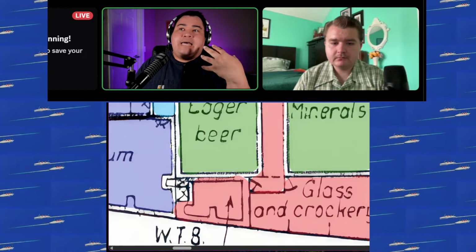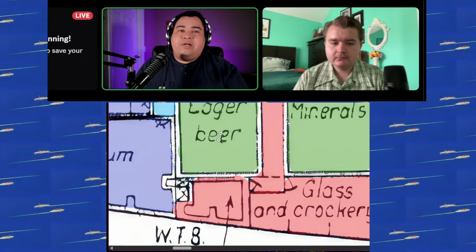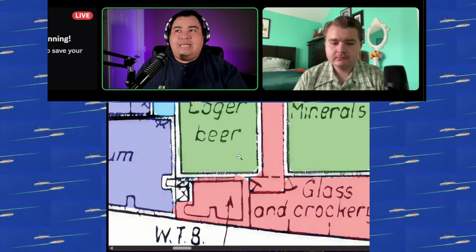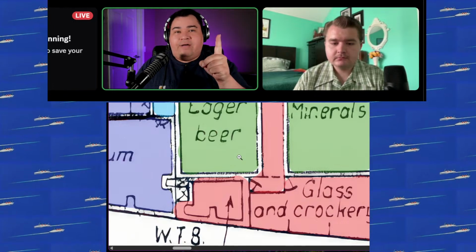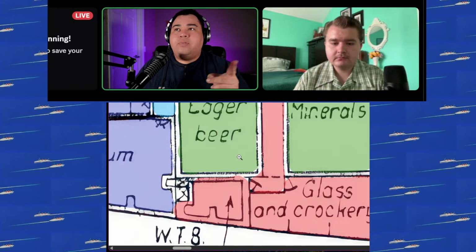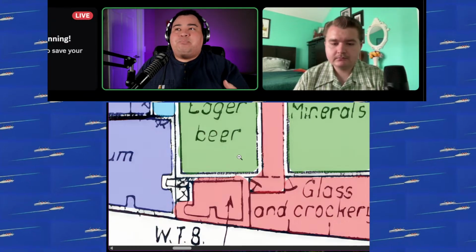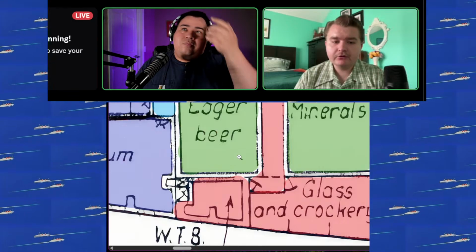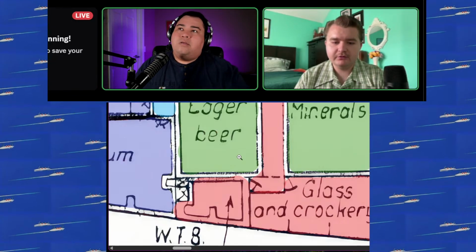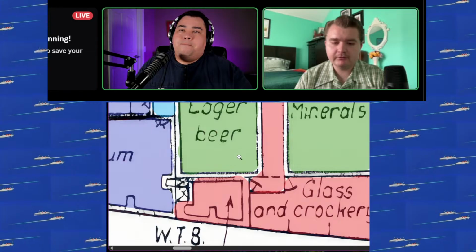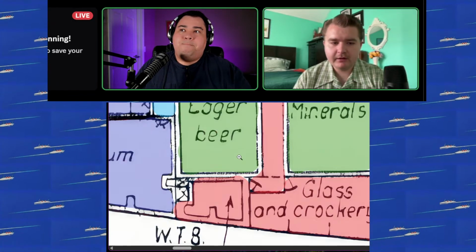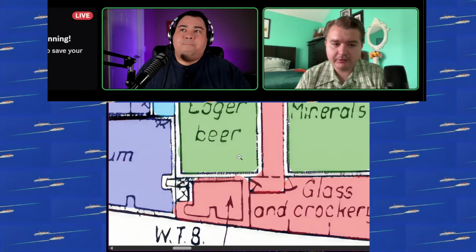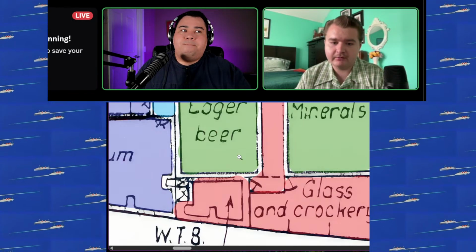The problem is that with things like the lager beer room, it may be just one photograph that was ever taken of that room, and if somebody owns that picture, it's probably not their top priority to post it online. It might just be floating around somewhere. If the original is sitting in Liverpool University or in the Cunard archives, somebody may still have a copy of it, and that copy could be sitting in an antique store right now. You know what I mean?